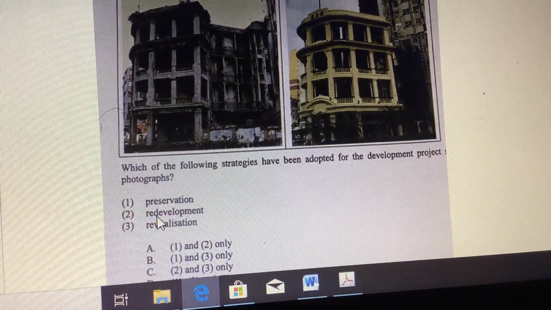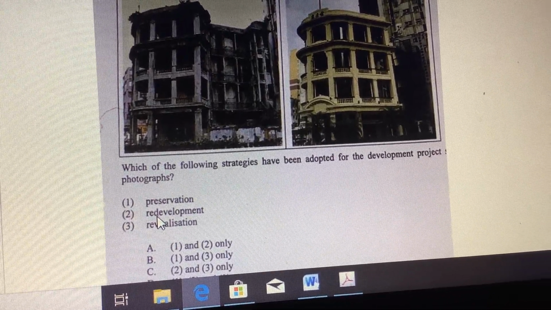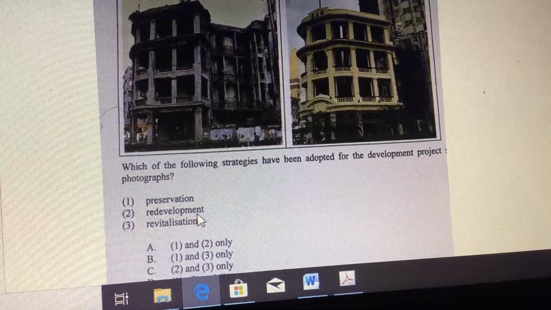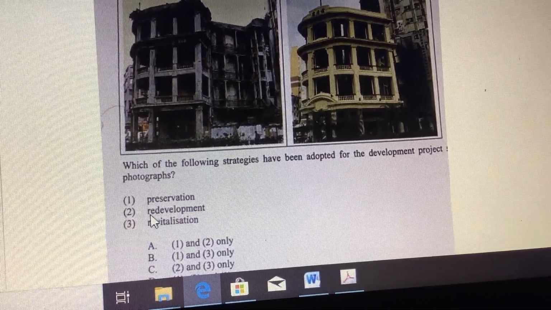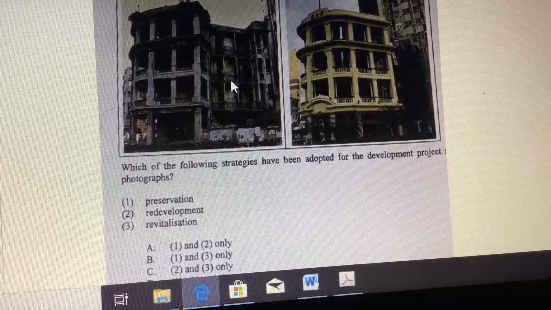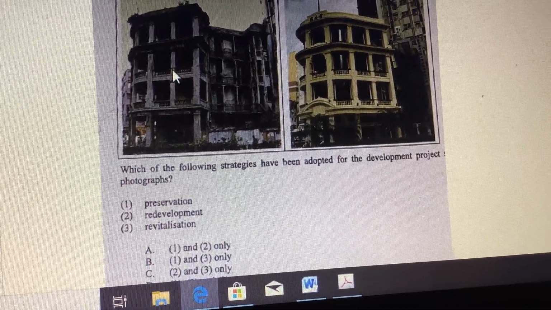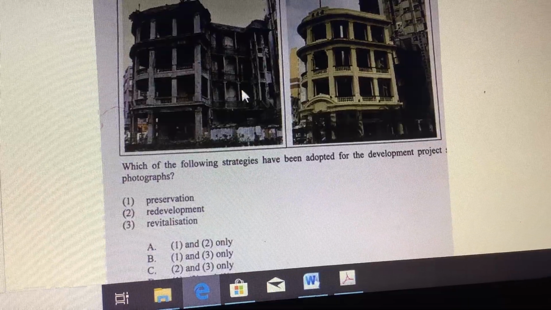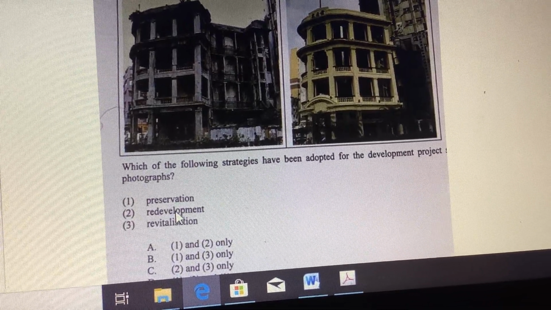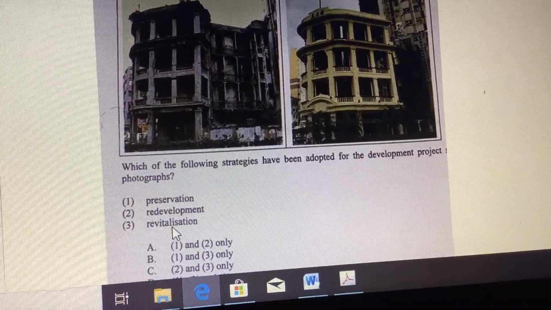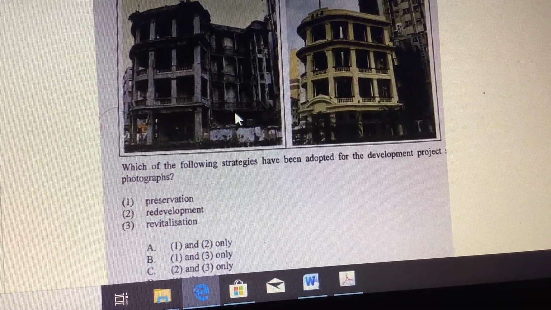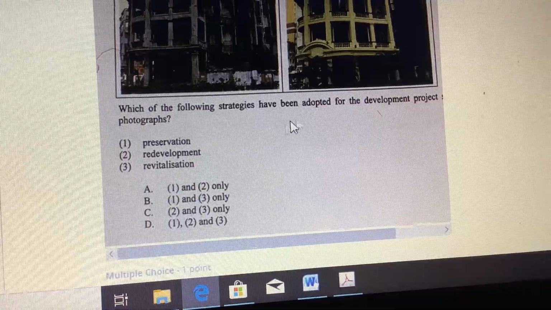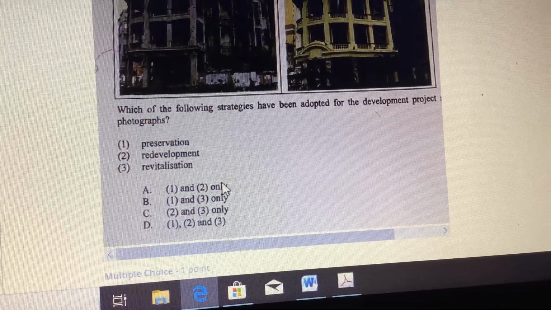Redevelopment, okay. We are going to demolish the old building as I have said before for the redevelopment. Because right here we haven't demolished the old building, this one is not right. Preservation, right? And then revitalization, right? Because originally it is an old building, and right now we are making it into a Chinese medicine clinic. So the answer should be